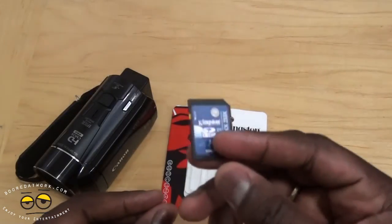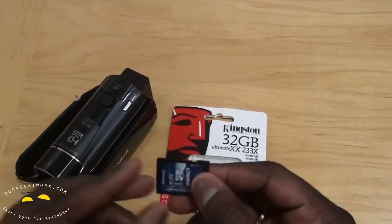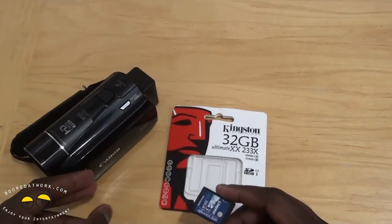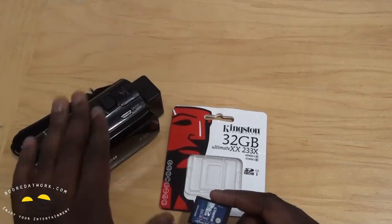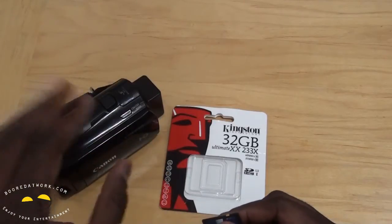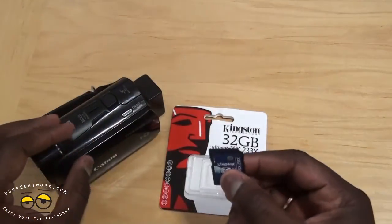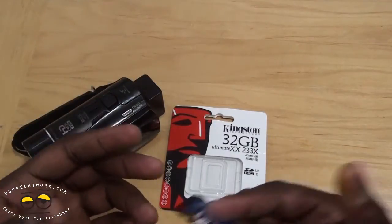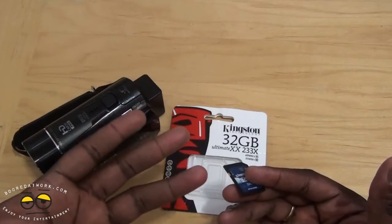So what we do is just plug in the card, and we'll show you some of the read speeds as we transfer this over. Now it should read probably Canon because we've used it for the Canon M50 here, which we'll do a review for, but I just wanted to show you the card that we use with this, because this has 8 gigabytes of storage in here, and we've got this 32 gigabyte card, which for us just works well. There's no difference. I mean, we feel like it's actually even faster in reading and transferring video,